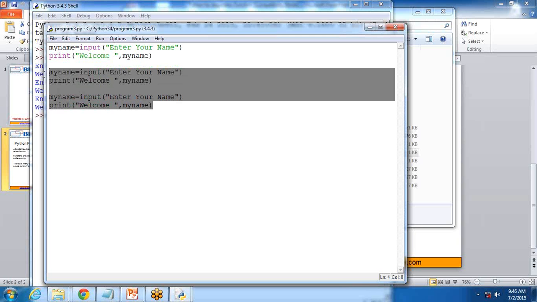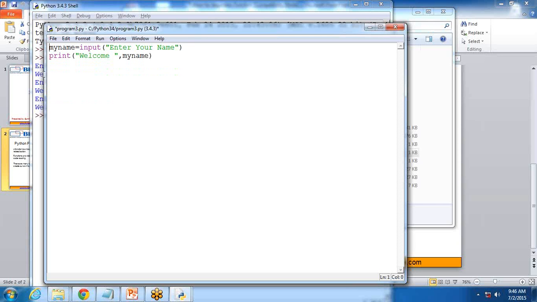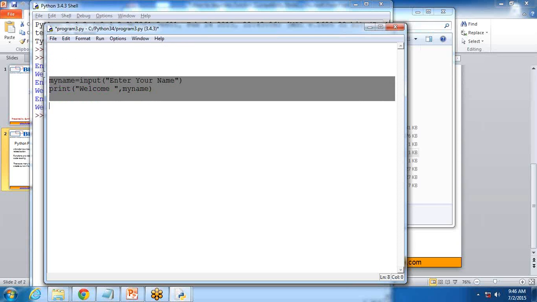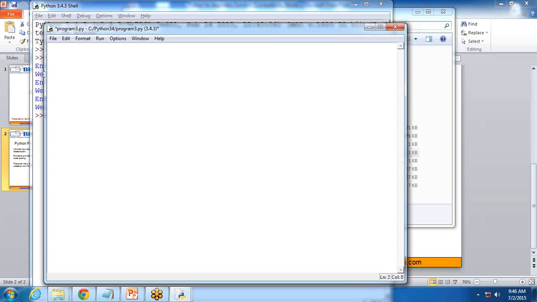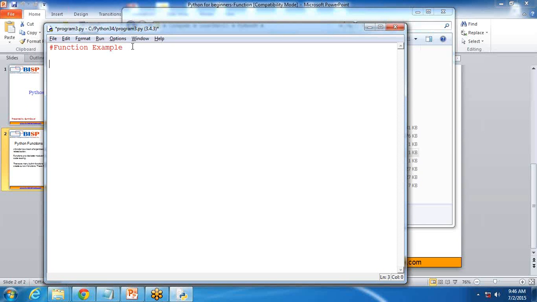To make this program easier to understand and more readable, I'm going to put this block of code into a function. So I cut this and I create a function here. That's a comment, and I write def. Def is short for definition, and we give the function the name function1. And here I write my name is equal to input, enter your name, and print hello,